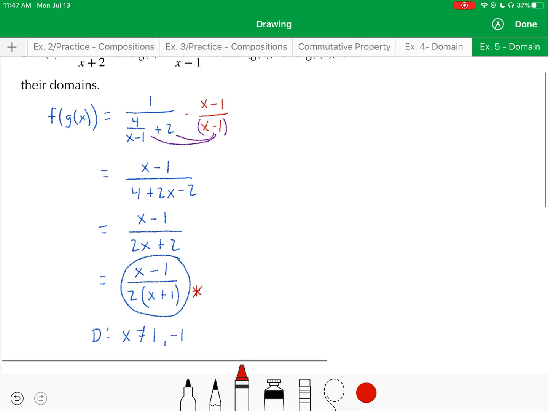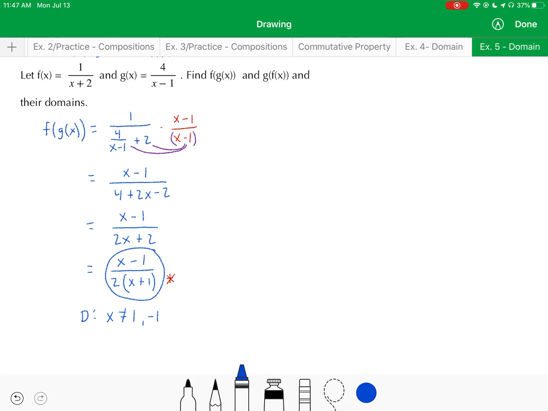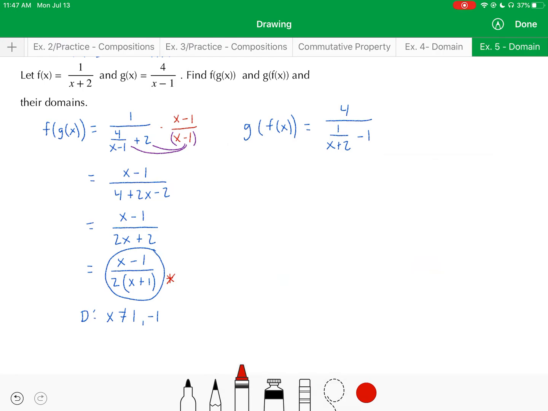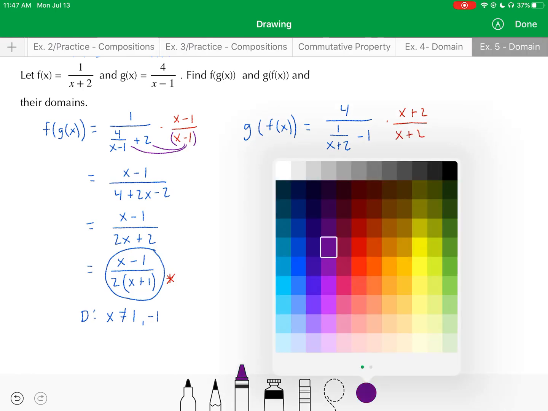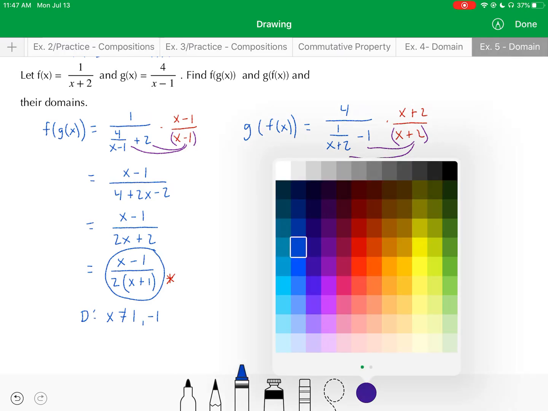All right, now let's go in the other direction, and you're going to see it's not going to be the same exact result, and the domain's not going to be the same. G of f of x would be 4 over 1 over x plus 2, subtracted by 1. I'll take the same approach to simplifying this. I'll multiply by the denominator of the inner fraction as a clever form of 1. Treat that as one whole piece. It's going to have to distribute, and it's going to lead me to